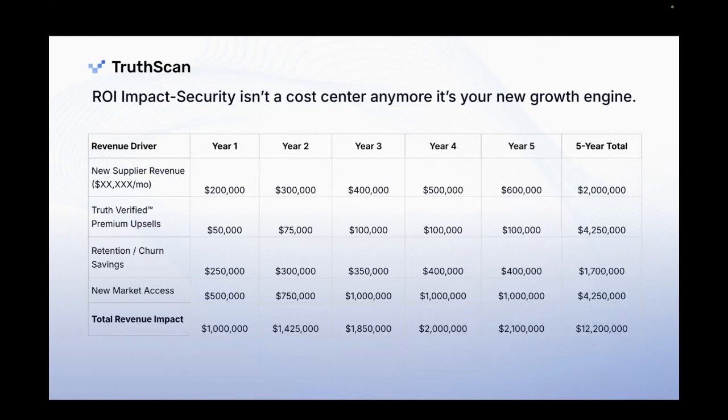And we can do this exercise just like you're right. I was on the other side at Salesforce for years. We can build out this individual financial justification for you. When it comes to retention, churn and savings, people want to stay on platforms that are safe and trusted. That's why people stay on Salesforce for years, right? Because they know it's going to work, it's going to be trusted, their data is going to be safe. And you're also going to be able to access new markets within that platform. So that's huge, right?